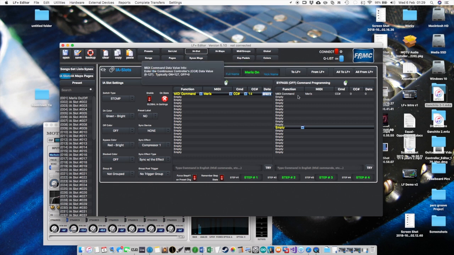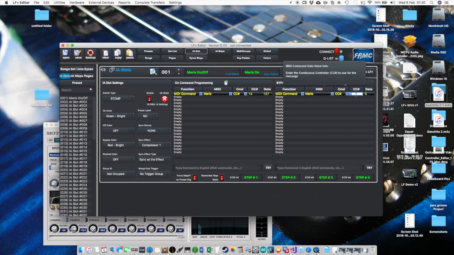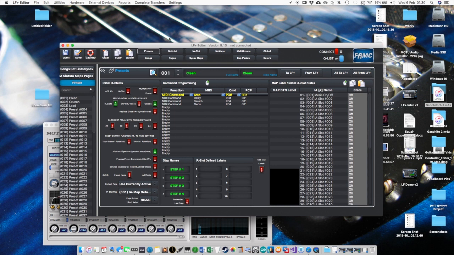Yeah. How not to program a Liquid Foot with me? So CC14 off. Yep. So it's CC number 14 on off. Yep. Cool. So now if I go back to my presets, I can have, say, here, at the moment, it won't do anything with any of my IA slots. So, well, let's do a